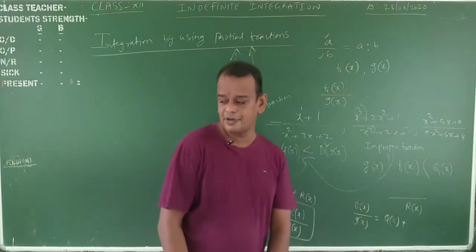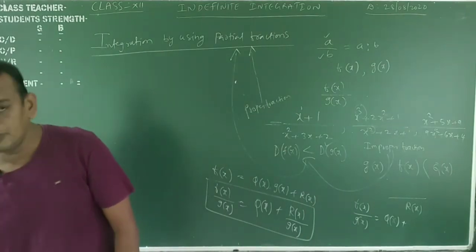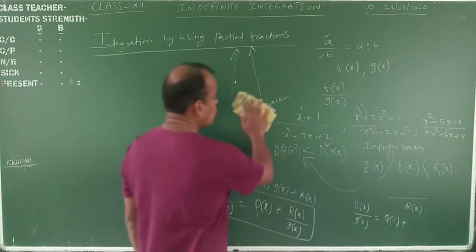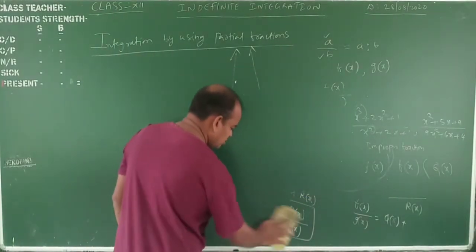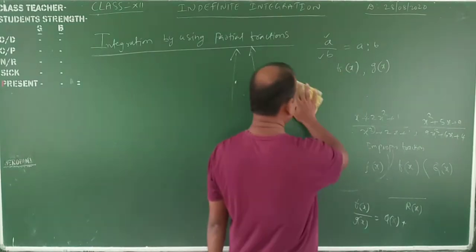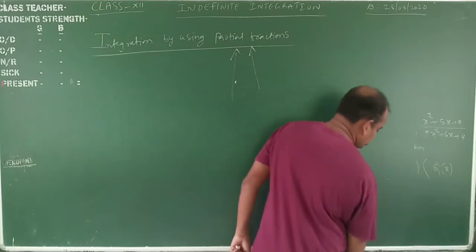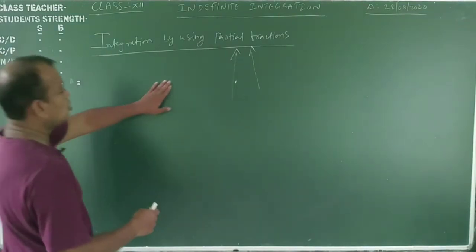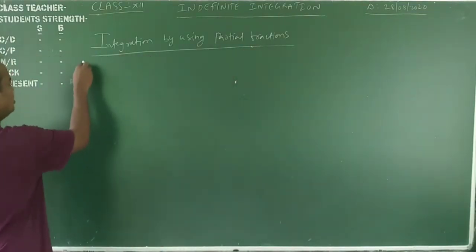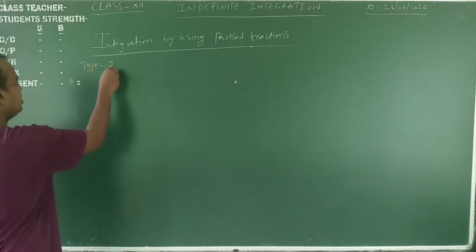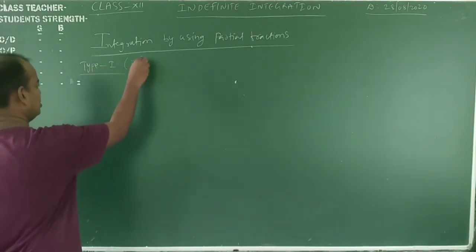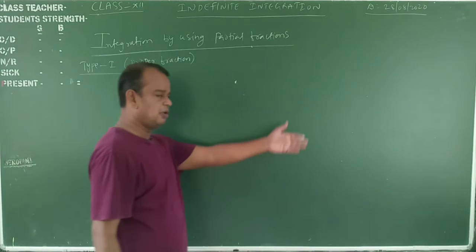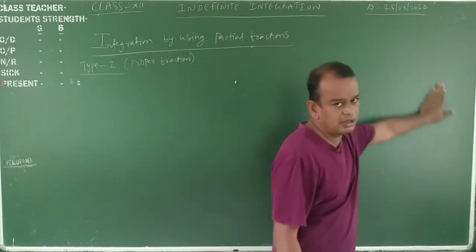Now, what types of proper fractions are there? You know that proper means the degree of the numerator is less than the degree of the denominator. How many types of proper fractions are there? How to convert them into partial fractions? Now, you will take the type 1 proper fraction. How many types are there? Clearly observe that. These all are type 1 proper. First, suppose an improper fraction is there. Compulsorily the improper will be converted into the proper.